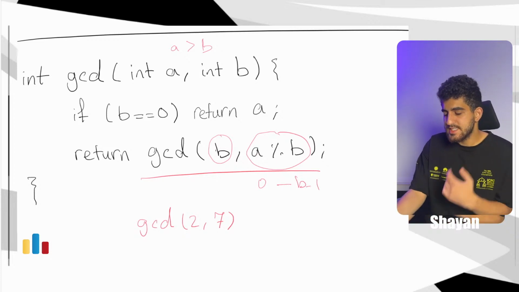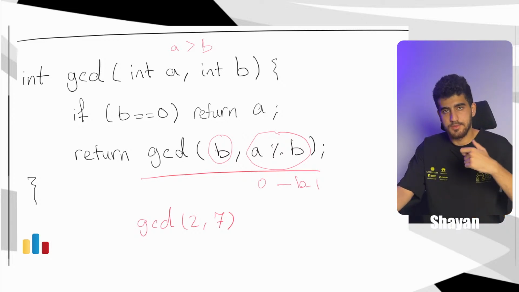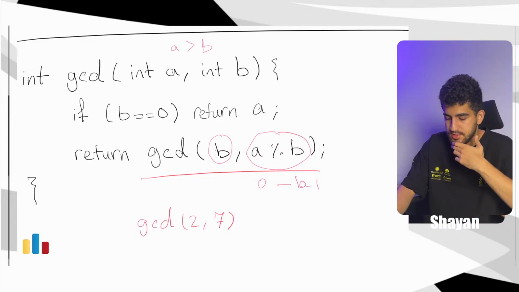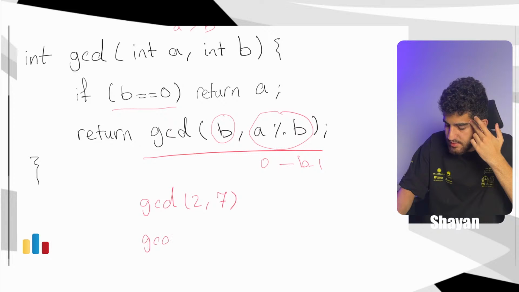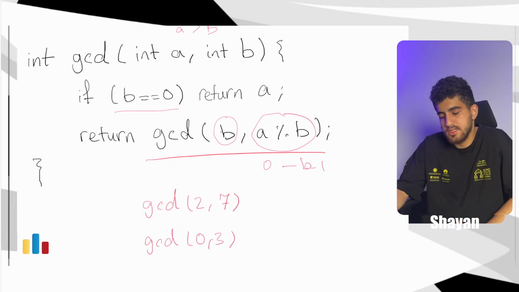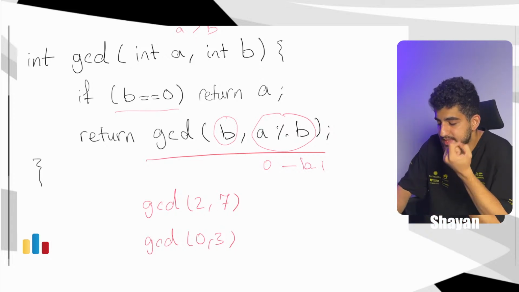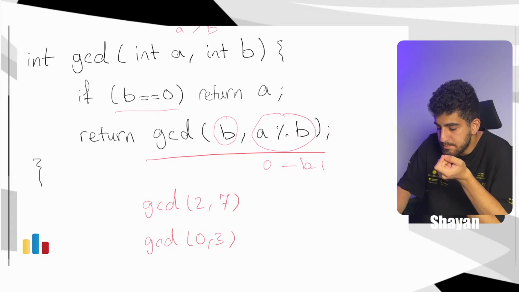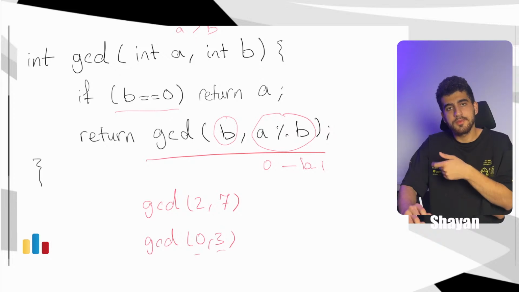So from the second step forward, always the second number is less than the first number. And that's why we only consider the case where b is 0. Even if you give as an input GCD of 0 and 3, the first time it sees that b is not 0 and it will continue even though a is 0. But the point is that next time it will call GCD of b, which is 3, and a modulo b, which is 0. So next time GCD of 3 and 0 will be called, and then b is going to